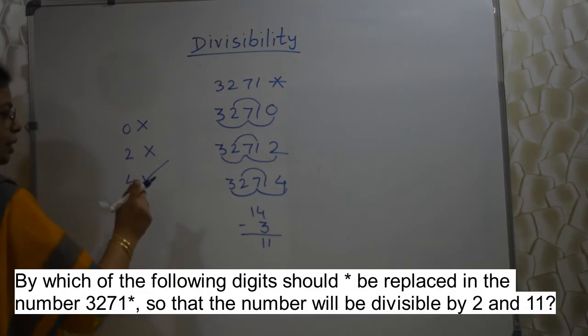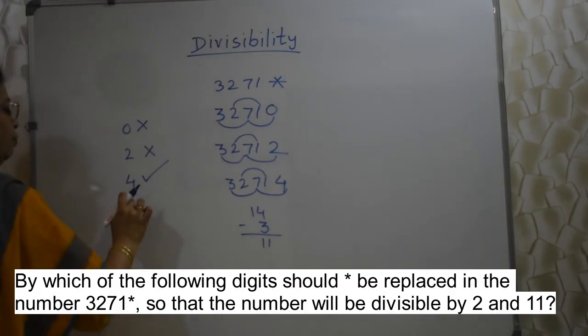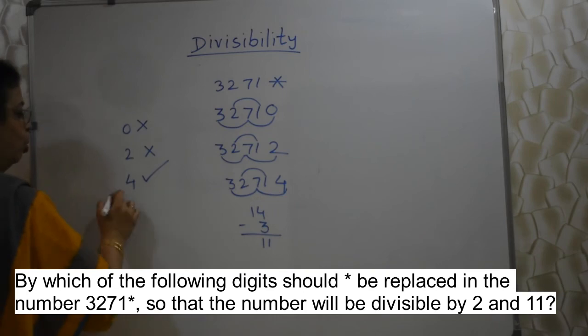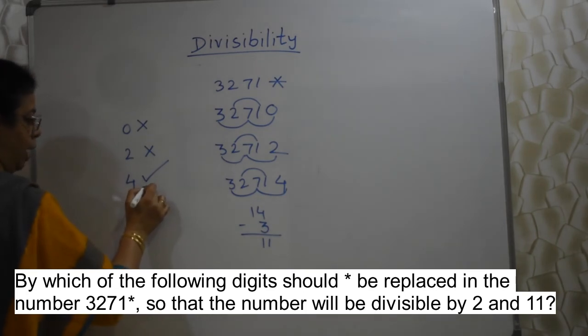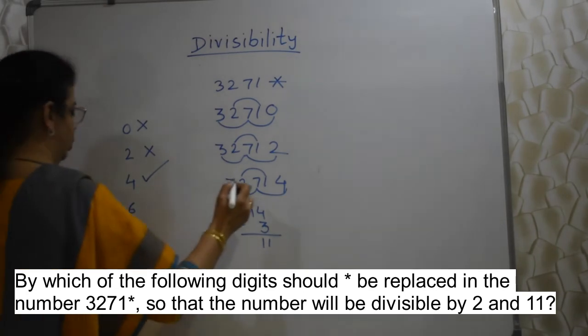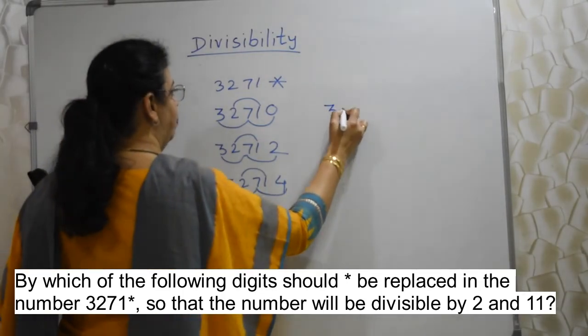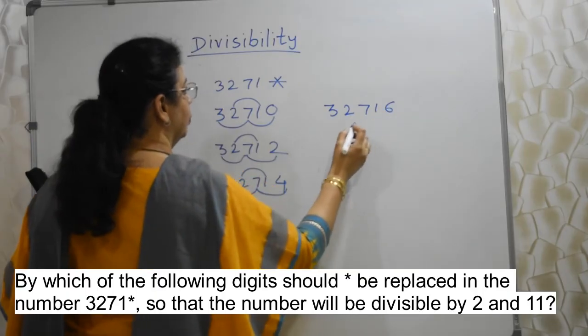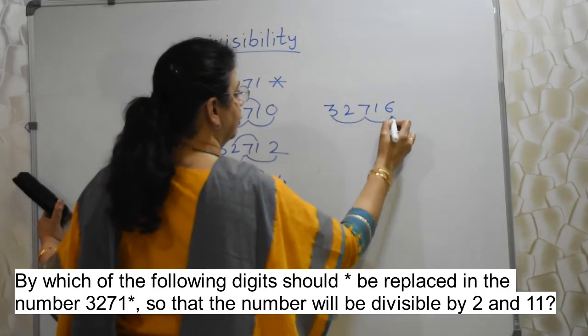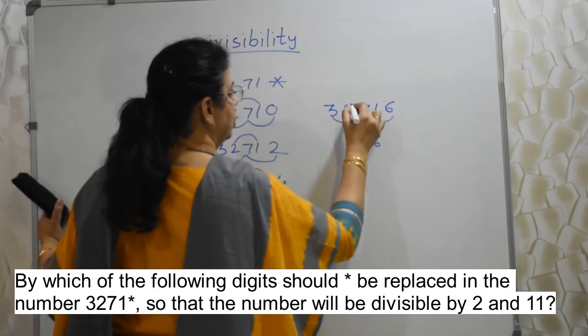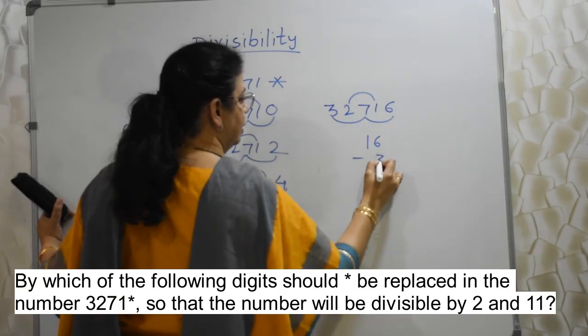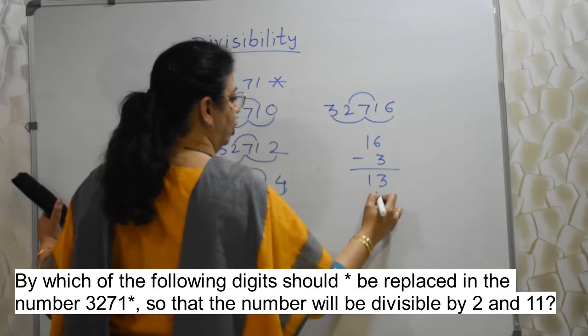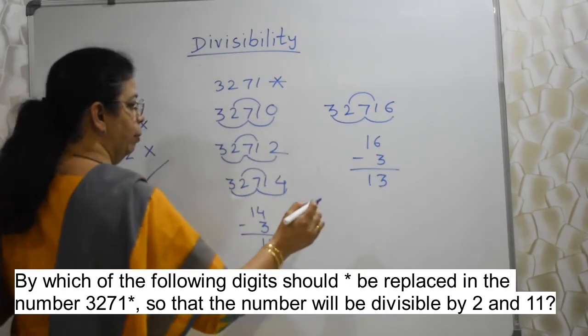But as I said earlier, we are practicing. So to understand it better, we will try with 6. Your job should end here during exam. Don't waste time trying this, okay? But here, yes, while practicing, you should not leave any stone unturned, right, students? Okay, so add. 16 is the addition. Even places, 3 is the addition. 13 is not 0 or a multiple of 11.